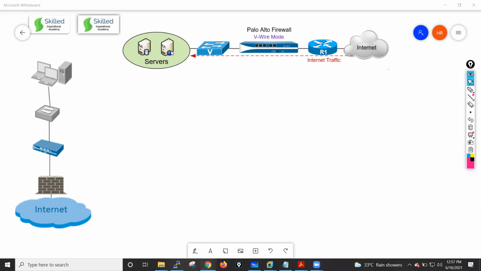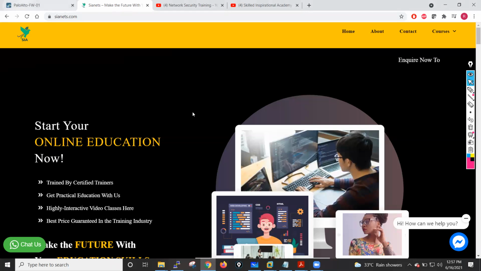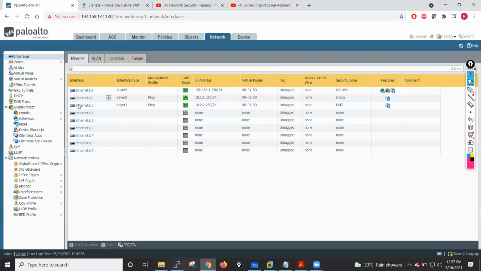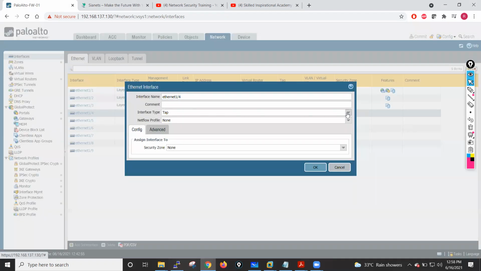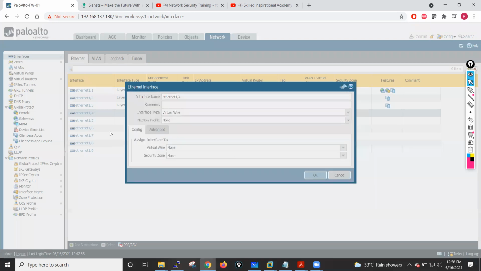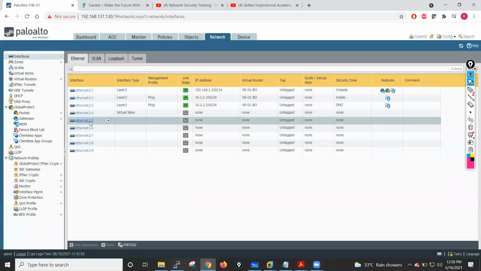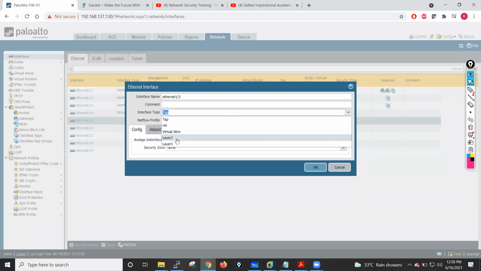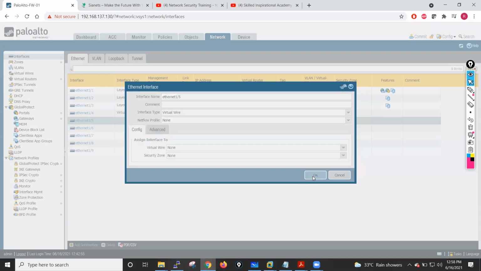If I log in to my firewall, okay, this is my firewall. Typically, I first have to go into my interfaces and choose this interface type as virtual wire. I'll go into the other interface as well and choose virtual wire.